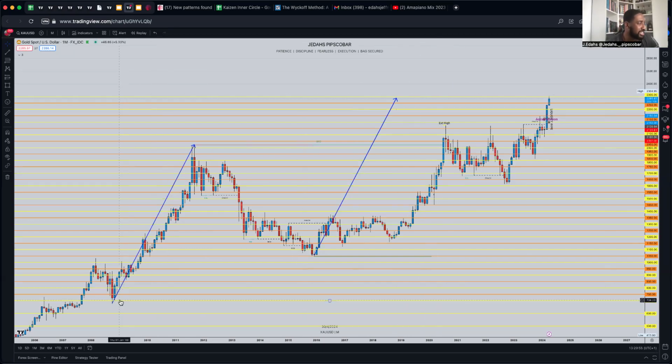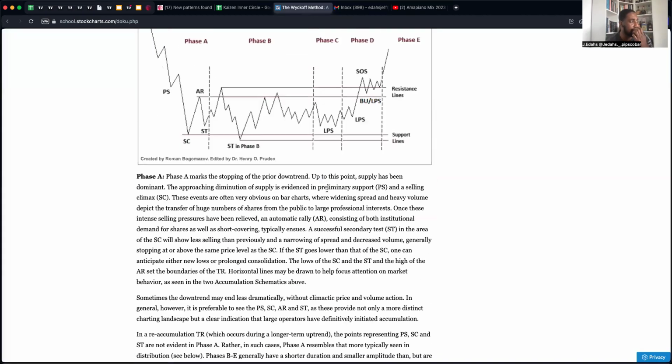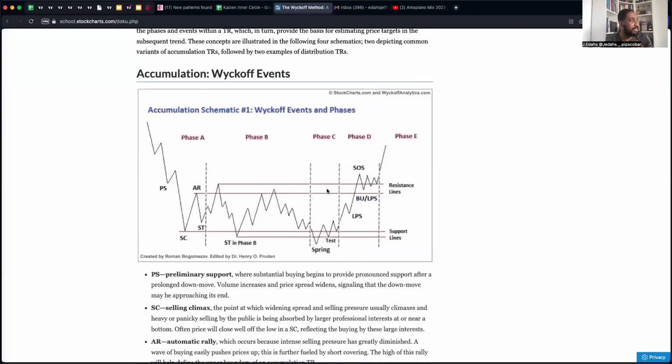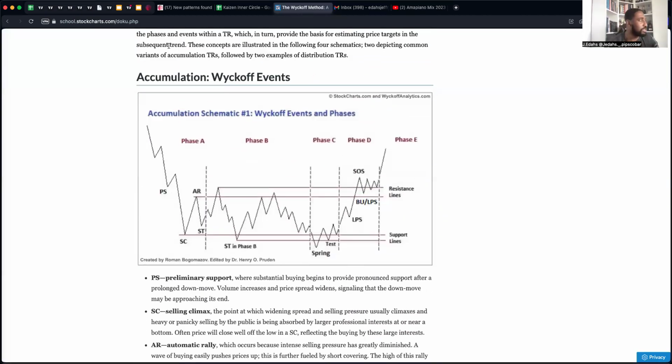Okay, so again, I already explained why this happened from here to here. And then the measured move and why we are here now. Again, 2020, 2021, I remember marking this up. And then I'm going to break down this specific section, this accumulation for you. So again, if you're ever confused about what I'm about to explain, just come into here and then you'll understand exactly what is going on.